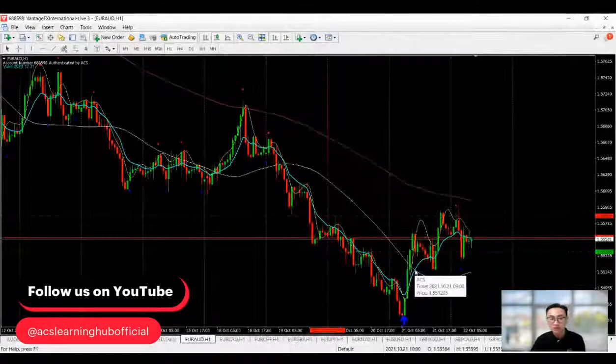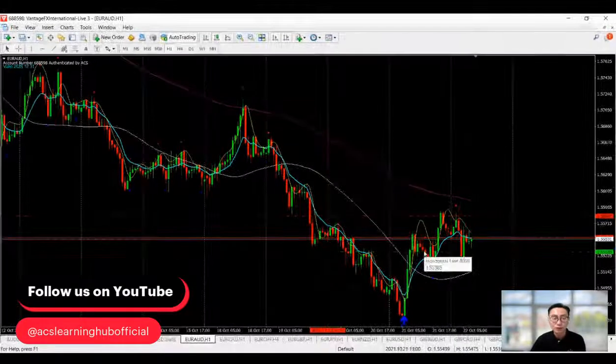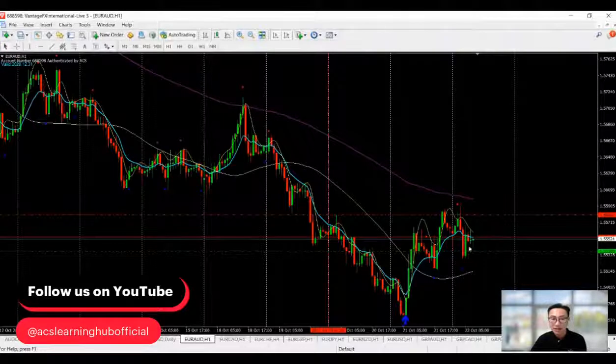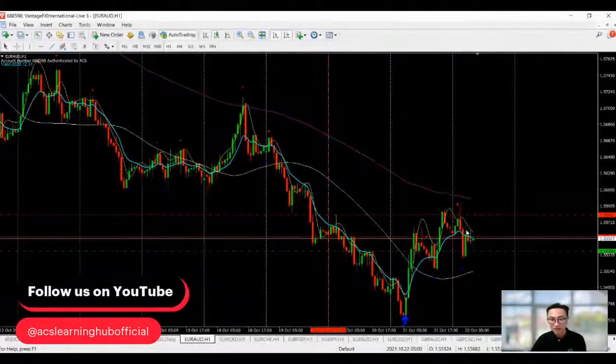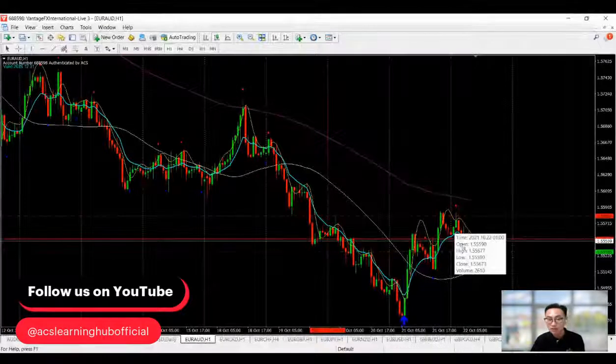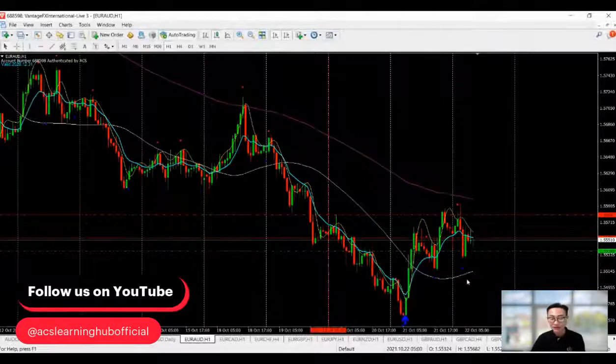Remember, in the Forex market, you always have a starting point to go for a bull. This is a starting point, but it has not formed the bull market yet. So this part here is the retracement. In the bear market, when it hits one of the so-called resistances here, this retracement becomes the ending of the retracement, coming back to the prevailing trend. This part here is the transition of the retracement back to the prevailing bear trend. I don't have very clear directions about where it is going, so I will just give it a miss.